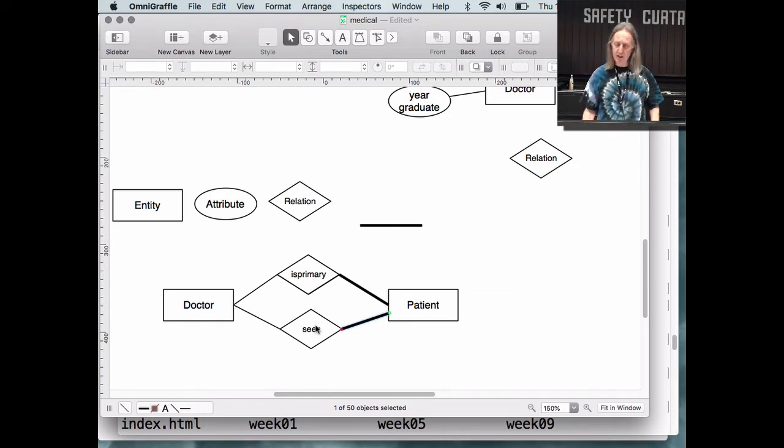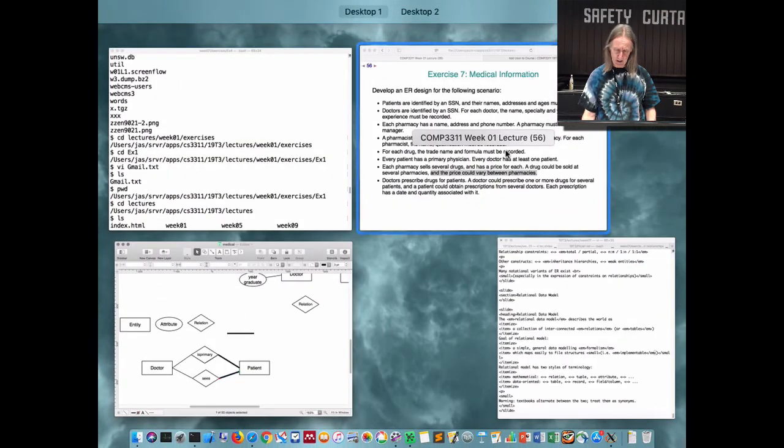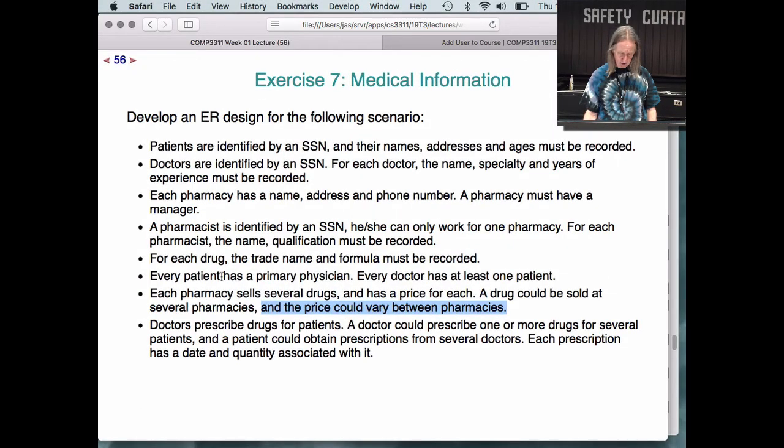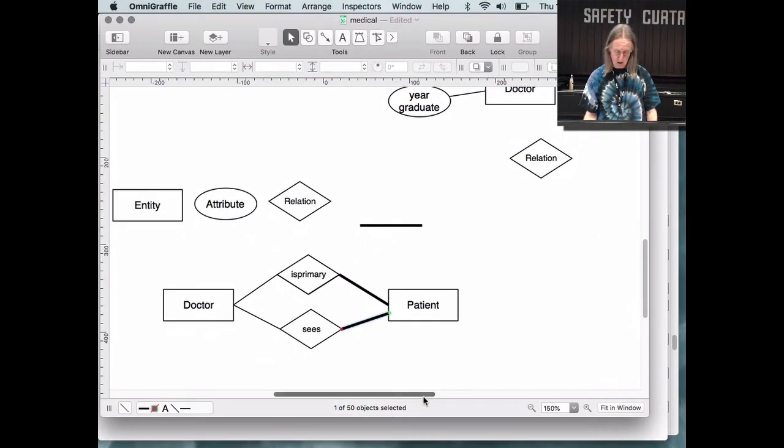Now the sees relationship, we're not actually told anything extra here. Doctors prescribe drugs, so we haven't done drugs, so to speak. Don't do drugs. Every doctor sees at least one patient for each drug, trade name and formula, so we've got an entity drug which has 2 attributes. We could have a look at the relationship between pharmacies. Oh, and we've got another entity, pharmacy, which I'm not going to fill out, name, address and phone number. Alright, so let's go back here, scroll across a bit